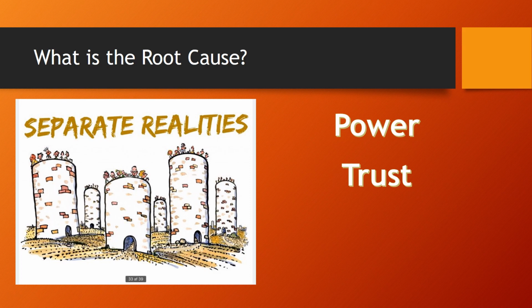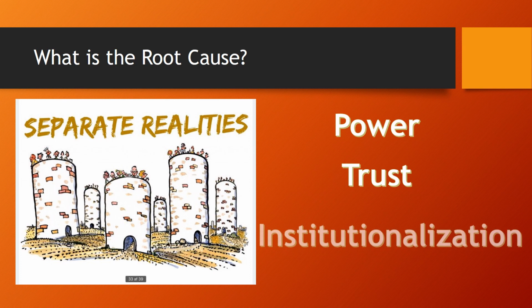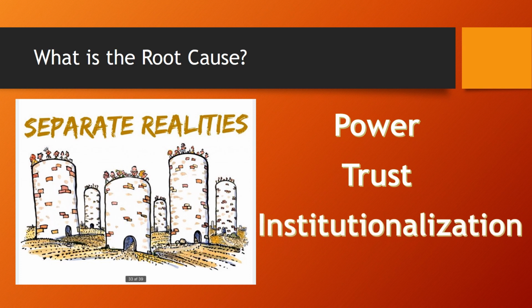And then the third reason that this sometimes happens when we're dealing with the root cause of the silo effect is institutionalization. Where, for instance, when you look at the military, there's a certain amount of pride about being in the Navy, or a certain amount of pride about the fact that I'm a Marine, or a certain amount of pride that I'm in the Army, the Air Force, Coast Guard, maybe the Space Force. That's a new one that's coming. But my point is sometimes there's institutionalization where, hey, this is what we do.